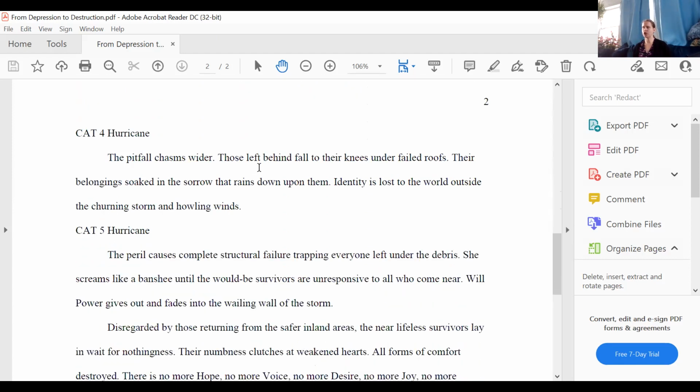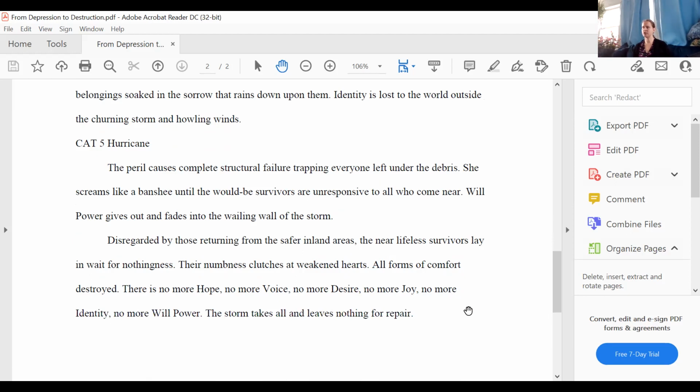Cat 4 hurricane. The pitfall chasms wider. Those left behind fall to their knees under failed roofs, their belongings soaked in the sorrow that rains down upon them. Identity is lost to the world outside the churning storm and howling winds.